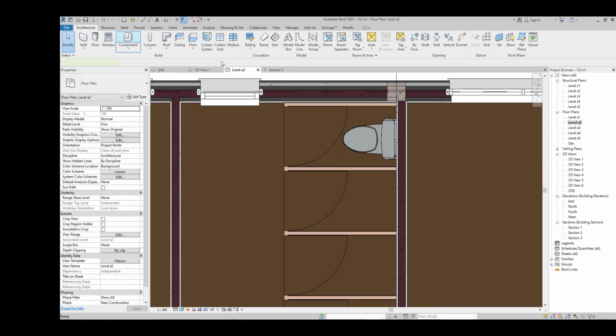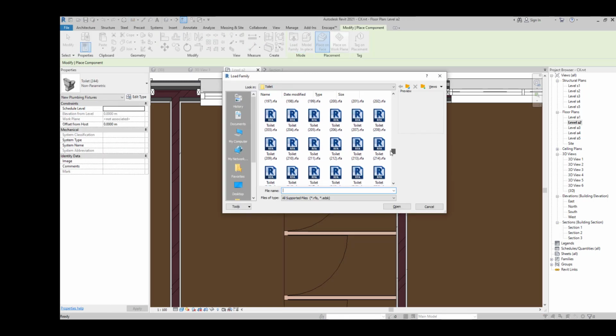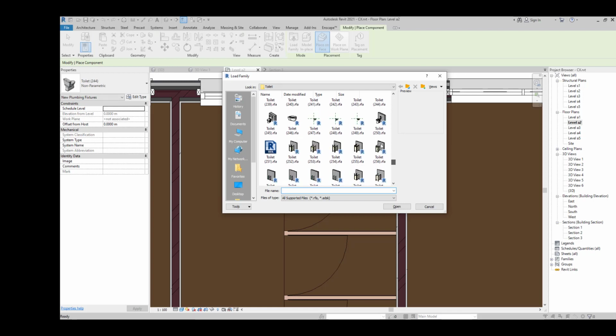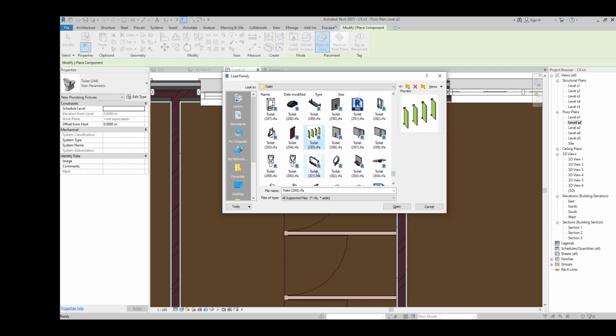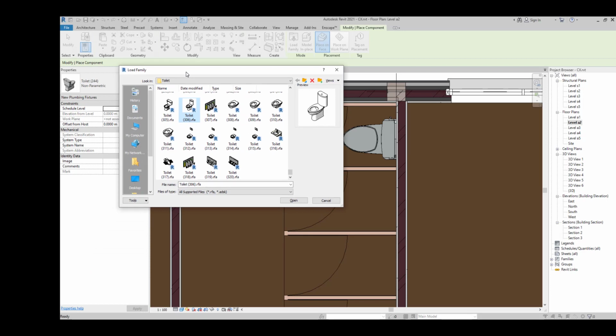If I want to bring some other toilet, I can go to the load family and see what other options I have, because here we have so many options. For example, we can use this one, we can use this one, and as many as we want. For example, we also have different types of partition, for example this one as well. But my option right now looks fine. I can even use this one. Maybe this one is smaller for here. Let me add both of them so I can decide,